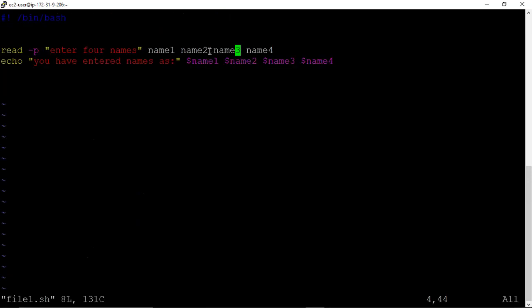That means when you enter multiple variables, name 1, name 2, name 3, name 4 are variables, so they should not be separated by commas.